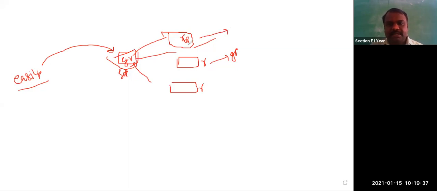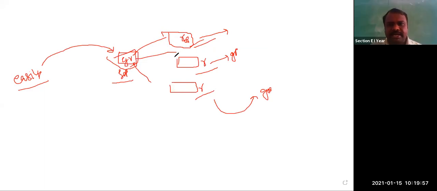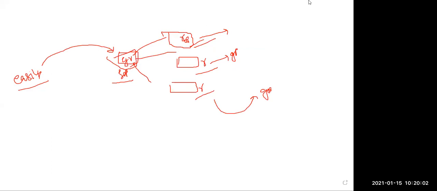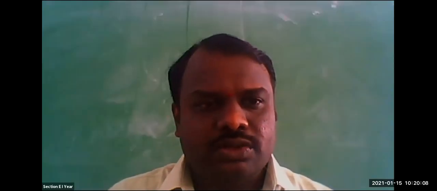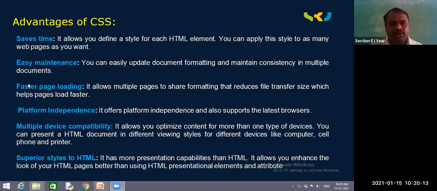Here, I have given these three texts the color red, but my superior said please change this red color to green color. At that time, do I need to modify it in these three places? No, I will change only one place, which can be reflected on these three pages. So here, is maintenance easy or not? Maintenance is easy. You are changing only one place, but it is reflecting in multiple places. So obviously you get easy maintenance and faster loading.